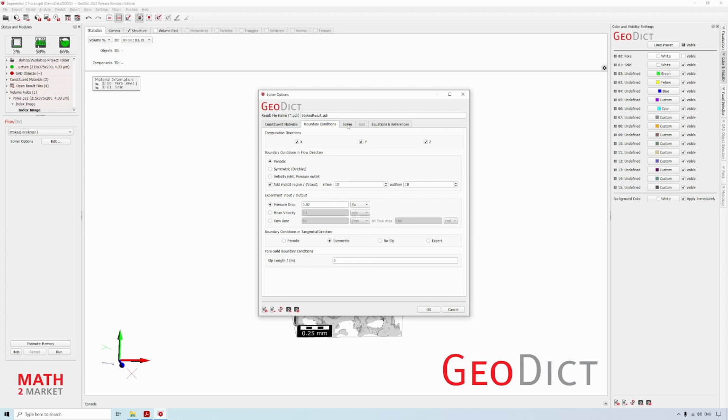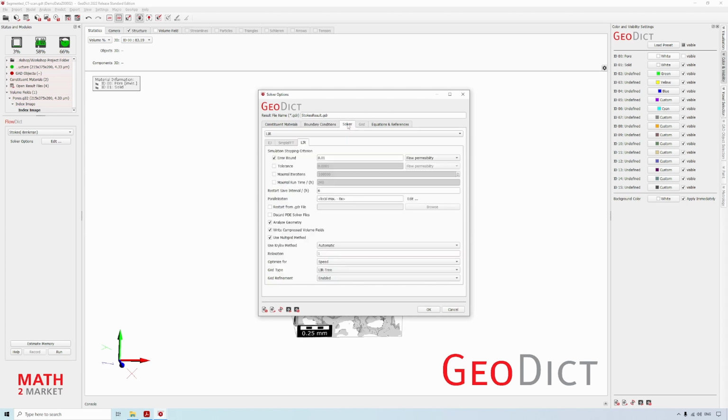In the solver tab we stay for the Lias solver, and important for this workshop, please use for parallelization, click Edit and use the local maximum. It's the default, but make sure to make the local maximum so that you can keep up with this workshop. I for myself will use 4 cores in case somebody out here has also 4 threads and therefore might be slower, so that he is not falling behind. Everyone else, please use local maximum. I will use this 4.